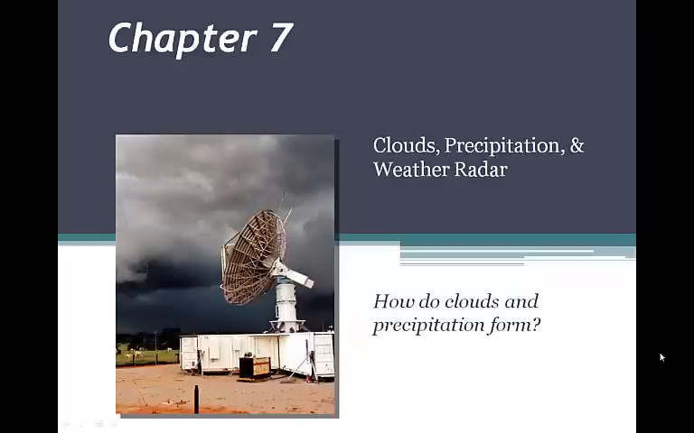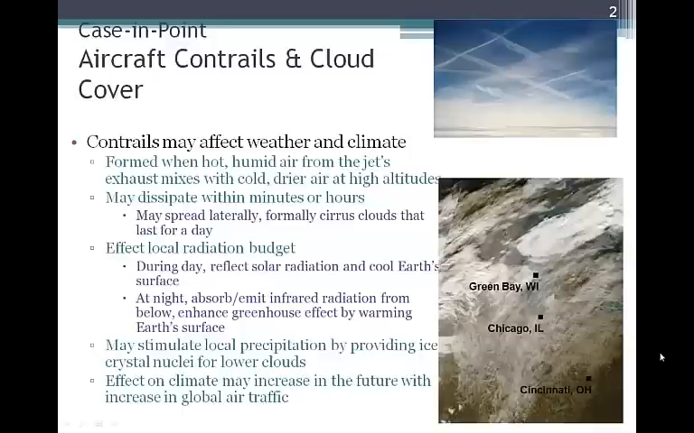Chapter 7 is all about clouds and precipitation, a little bit of weather radar, and our driving question here is how do clouds and precipitation form? The chapter opens with a case in point that describes how jet contrails that come out of planes can cause